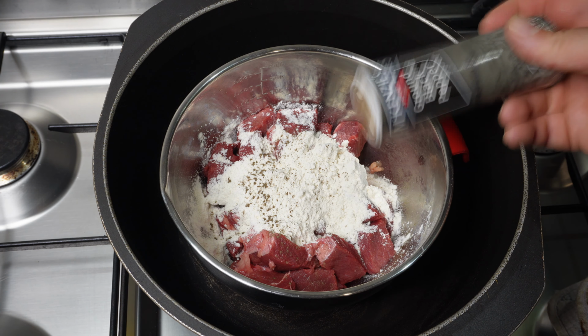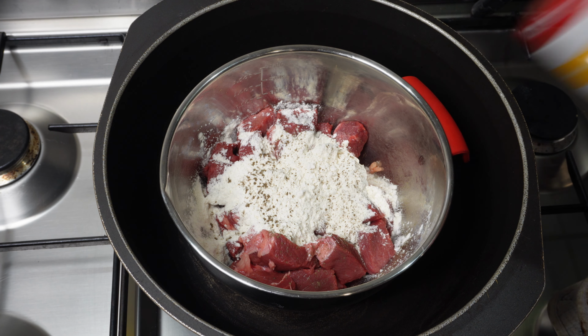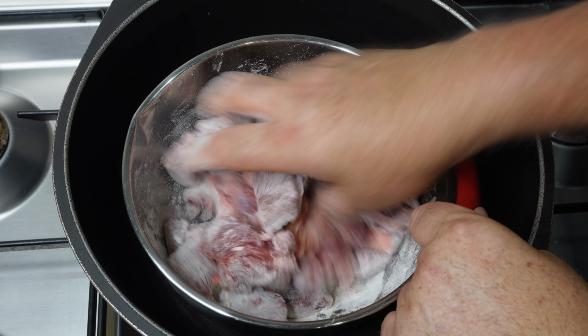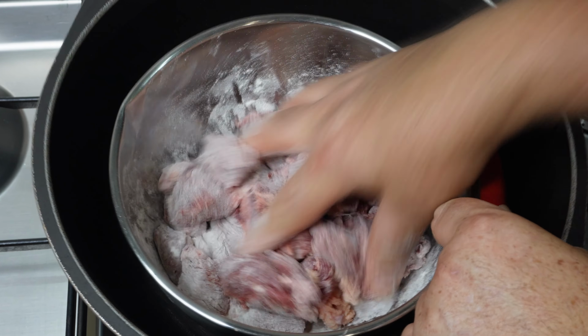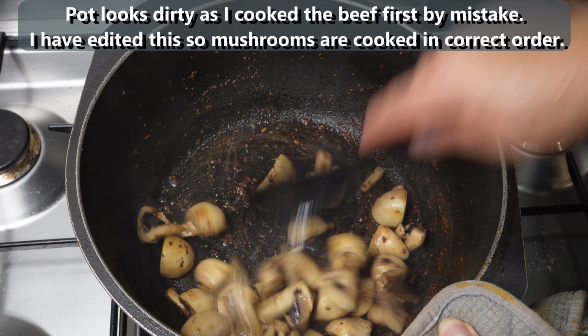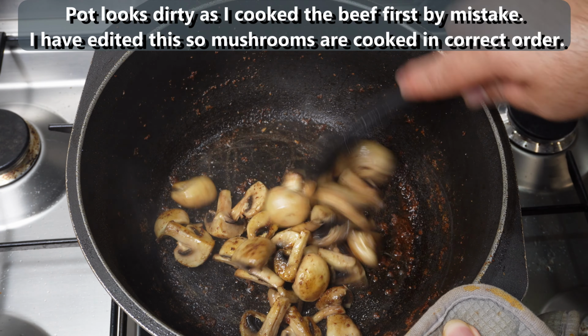Bit of pepper to taste and a little bit of salt to taste. Giving it a good mix around, making sure I get all the surfaces coated. That'll do. First thing you want to do is get the pot really hot, get oil in there, drop the